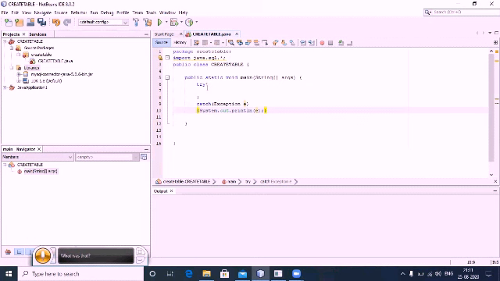So whatever code we write in the try block, if any error is there, this catch block will catch that particular exception or error and display it, right?